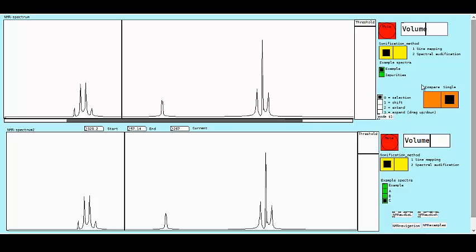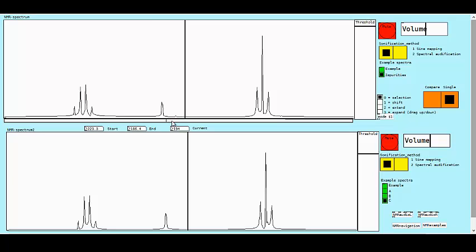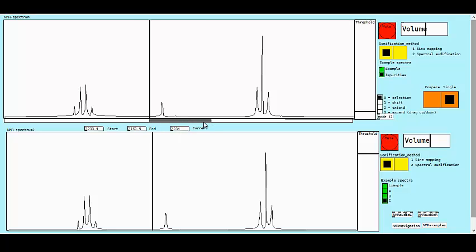If I switch back to single mode, we can have a look at how we search for impurities. You might be able to see here and here we have some very small peaks, and if I were to play through, you can't really hear anything. Now this is tackled using a threshold for impurity detection. So if I bring this threshold down and now play through,